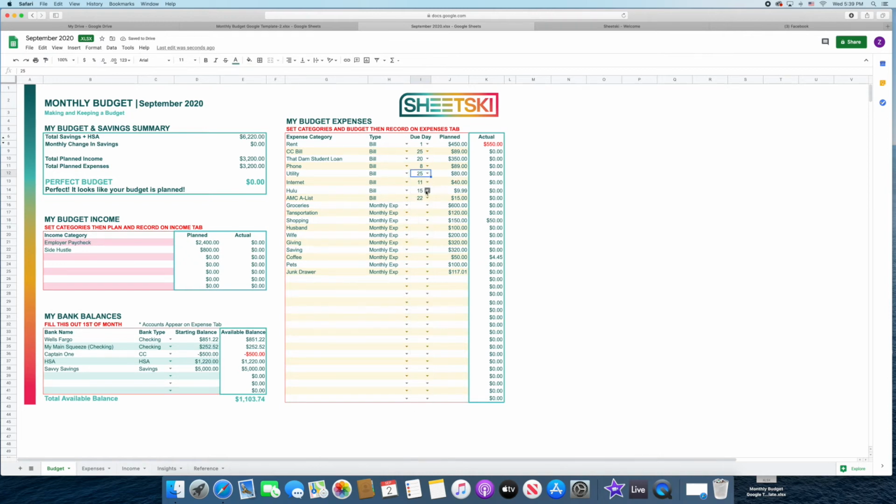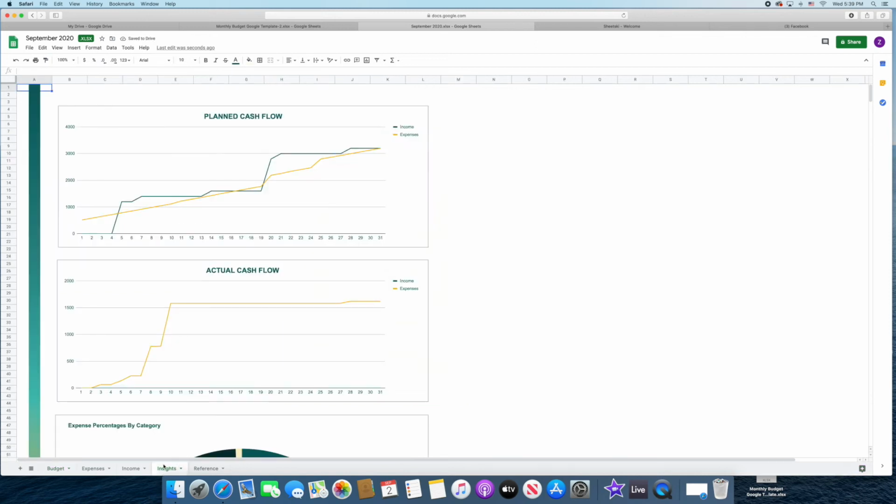And maybe since I have more money at the beginning of the month, maybe I can also negotiate to have the phone due at the end of the month as well. Since I have the big expense of rent at the beginning, now let's go back to the Insights page and take a look at that graph. And you can see that it is much closer together. So this is designed to give you an idea of your expenses and to try and match your income with your expenses. But this is just the plan, and what you plan and what actually happens is different,